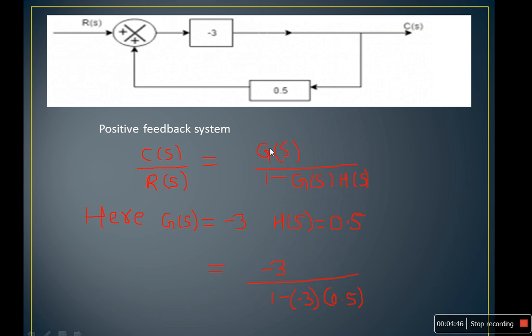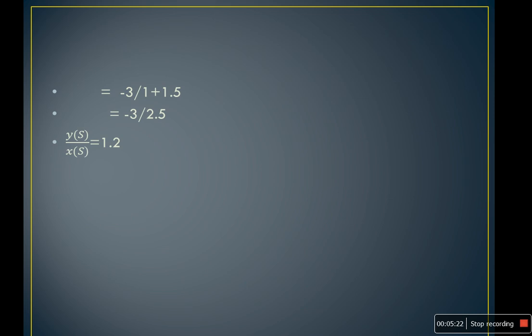In place of G(s) substitute minus 3. In place of H(s) substitute 0.5. So finally the transfer function, here the output is C(s), input is R(s). The transfer function is the ratio of output to the input, that is C(s) by R(s). In place of G(s), just substitute minus 3. Here we are having the positive feedback, that's why 1 minus, and we know that G(s) is minus 3, H(s) is 0.5. So just do the simple calculation. So minus 3 by 1...